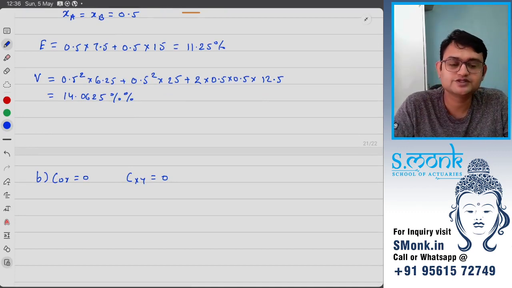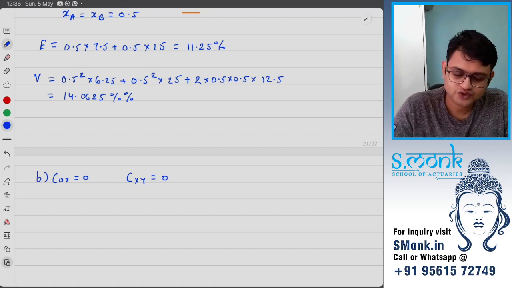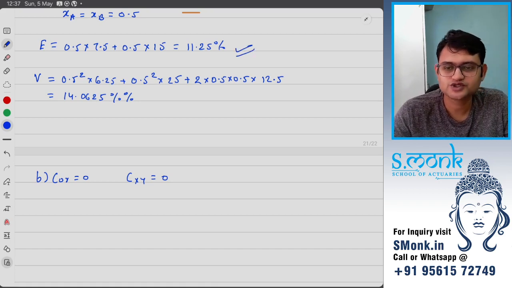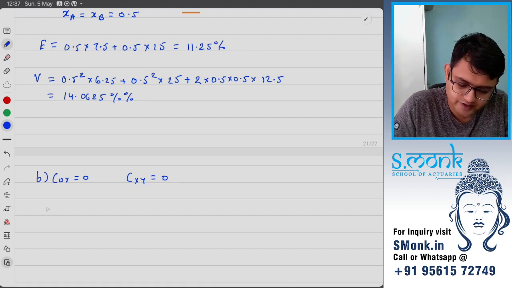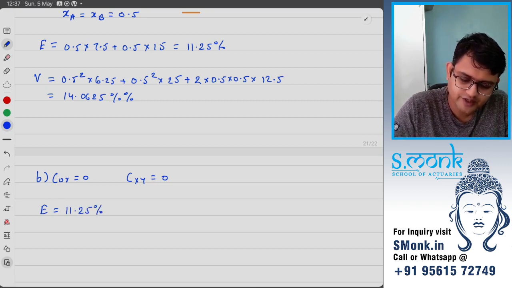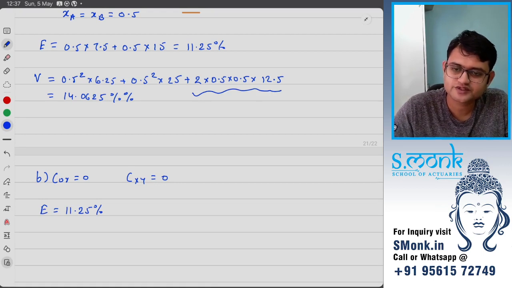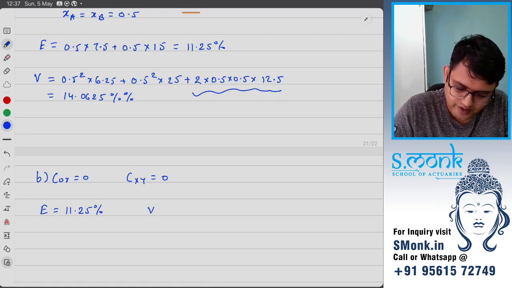So if correlation is 0, then the covariance will also be 0. So expected returns will not change. Expected returns will still be 11.25%. But it will change the variance. How much change? This factor will just become 0. So variance is 0.5 square into